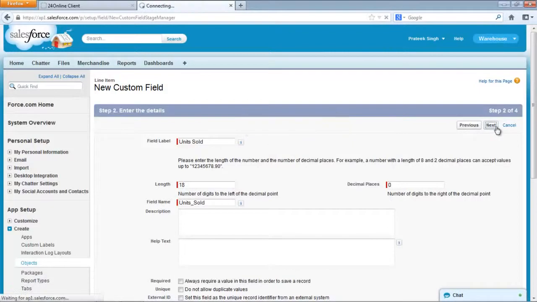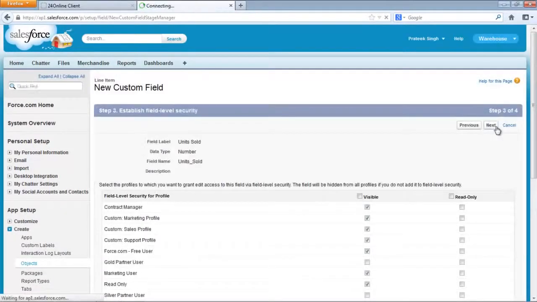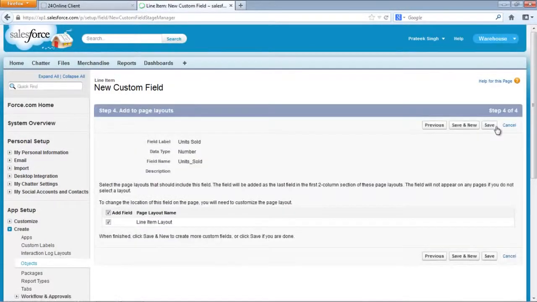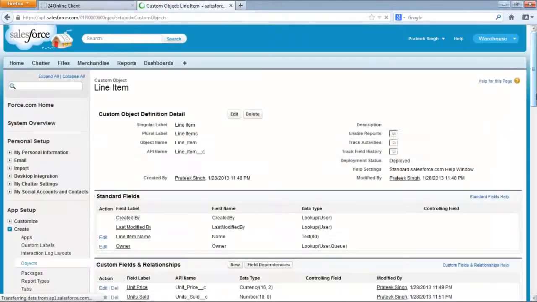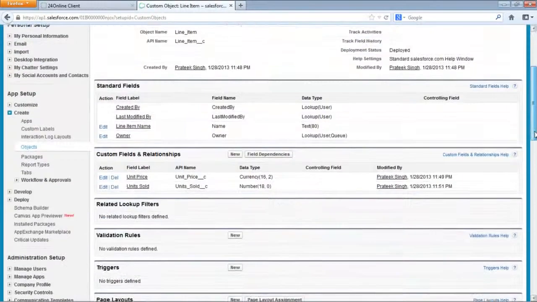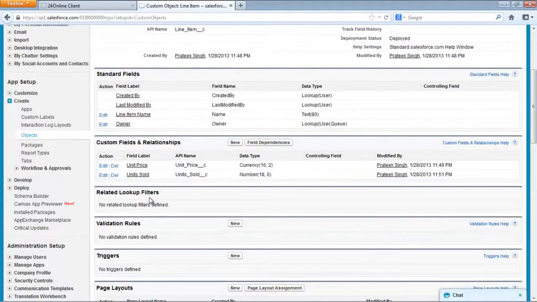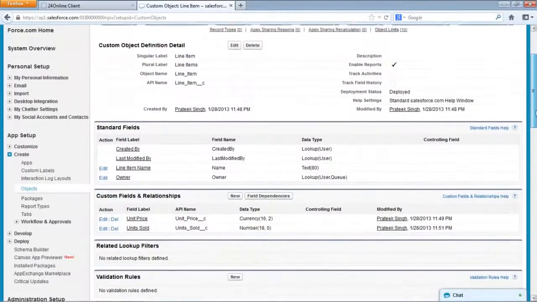Let's click on next. We quickly go through these steps, because these are the steps which we have to go through again and again when we create each and every field. So we have created unit price and number of units sold. So we can see here that now on this page at the bottom we have number, unit price and units sold. Now since we have created these fields, let's work on some relationships.